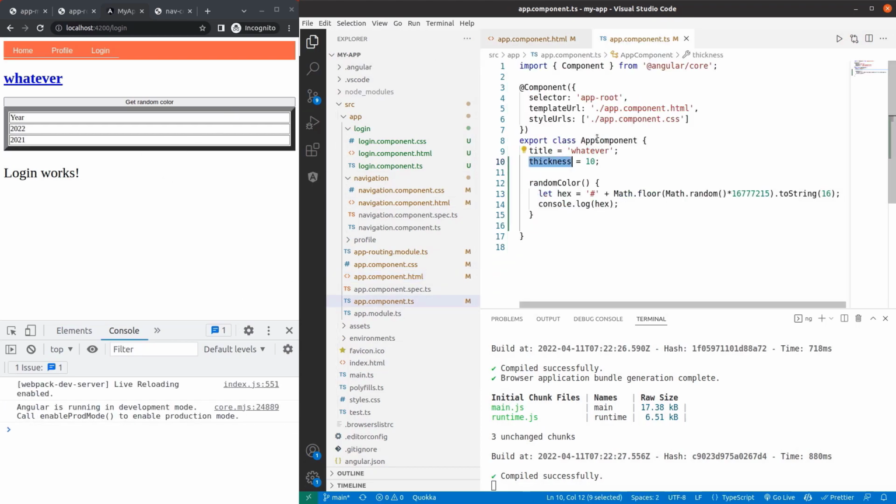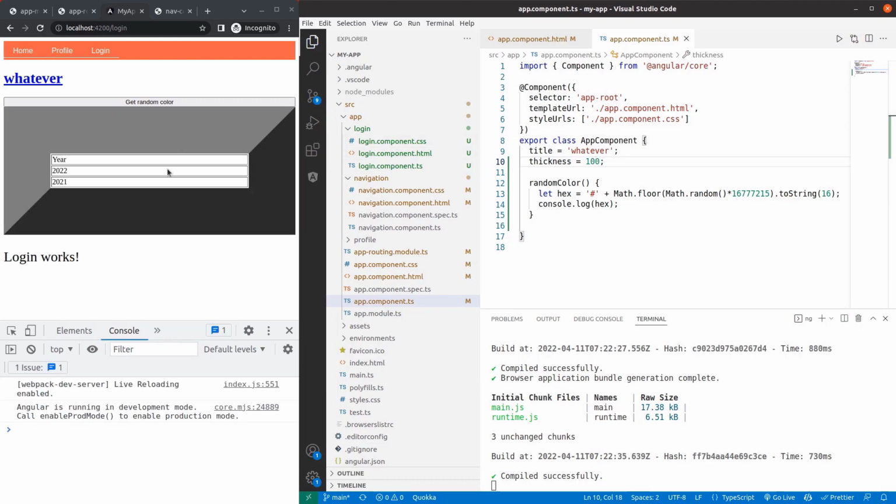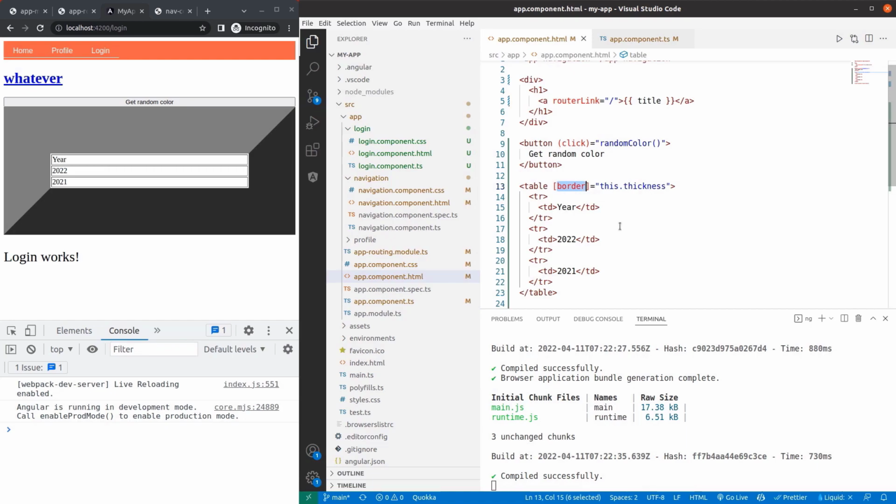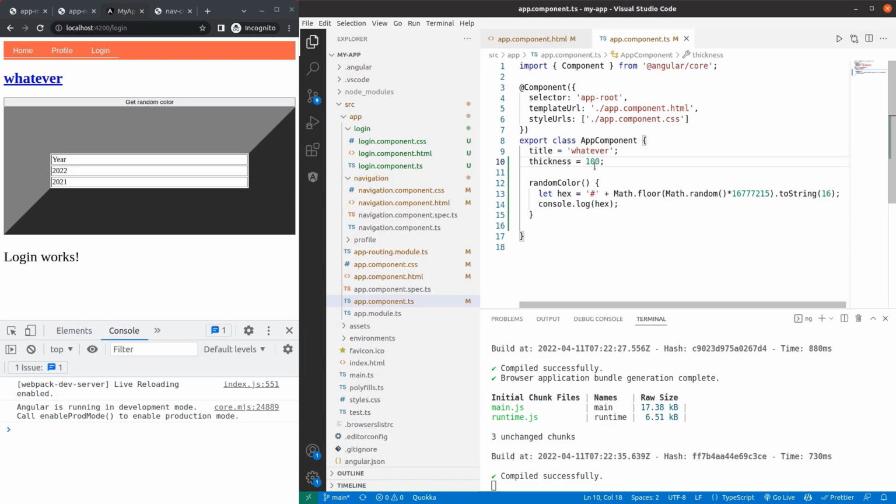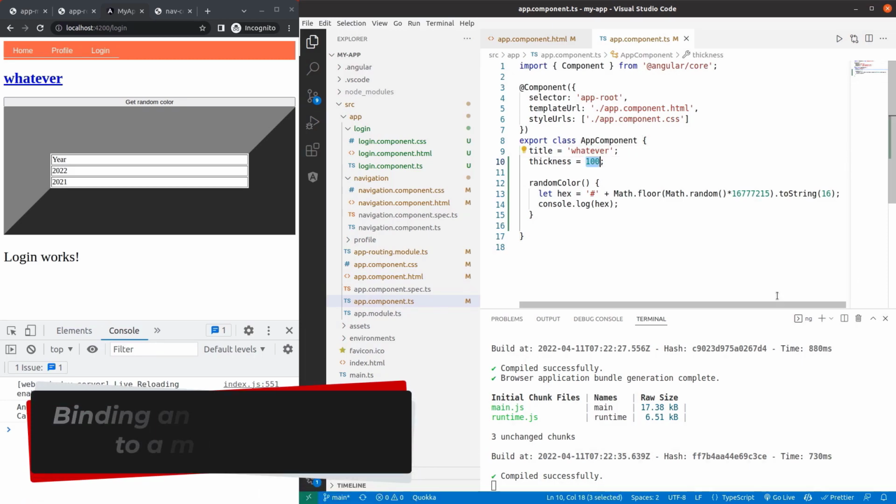And now when I change this value from 10 to 100, it's also going to update appropriately right here. So that also works, which is good. And now finally, what I want to do is make this more dynamic so that whenever I refresh my app, the thickness value changes. So of course, I'm binding this to the hard-coded value of 100 now, but I want to bind it to a function call. So I'm going to go